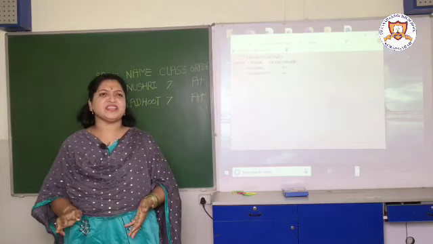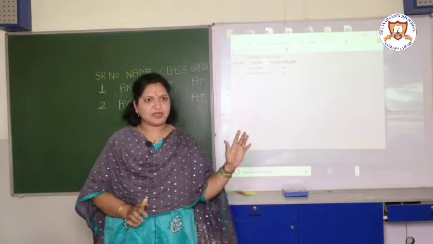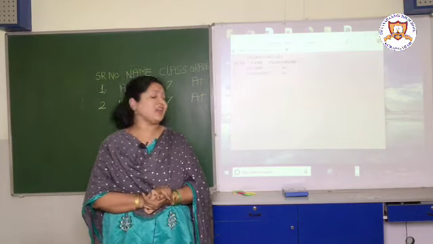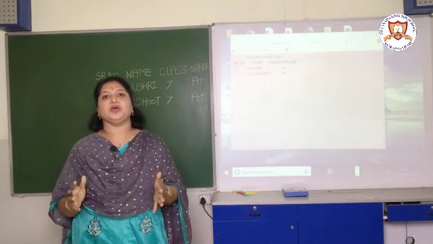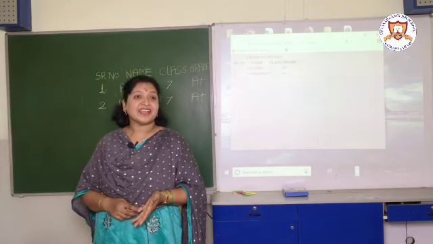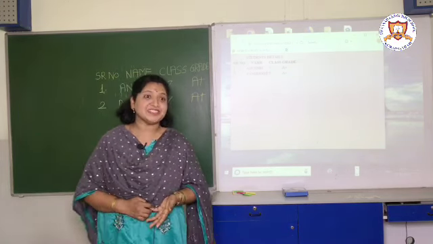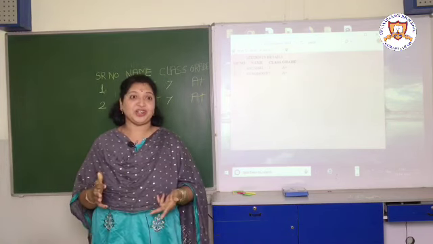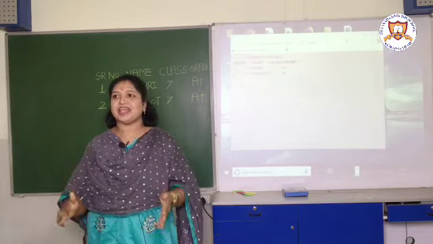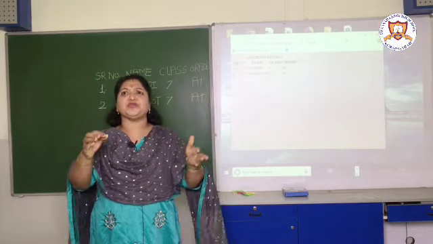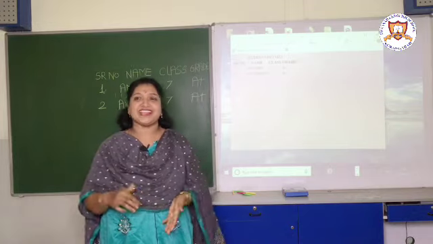But something is missing here. The data appeared here on the web browser, but it does not look like a table. So what is that? Can anybody tell me? Lines, ma'am, lines. Very good, lines are missing. Which lines? Horizontal or vertical? Both lines are missing. We have typed the data, we have written it on the notebook, but we have not made use of a pencil and scale.